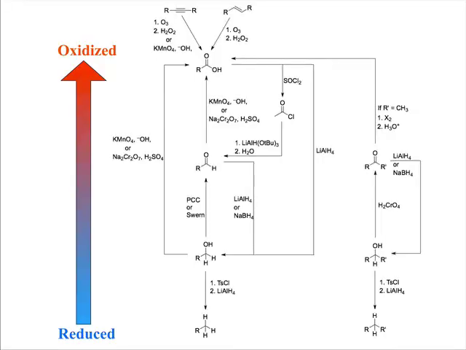Last time we talked a bit about reductions, where we use lithium aluminum hydride or sodium borohydride to reduce various functional groups, ketones, aldehydes, carboxylic acids, and esters into primary or secondary alcohols. Today we're going to look at reactions predominantly that go in the other direction, that increase the number of bonds